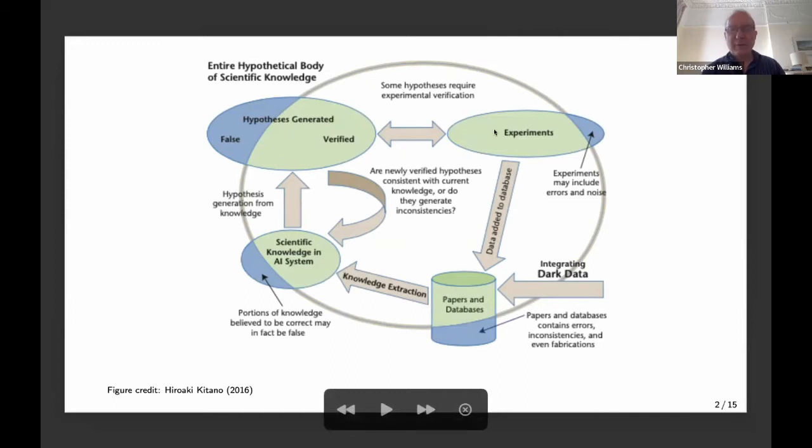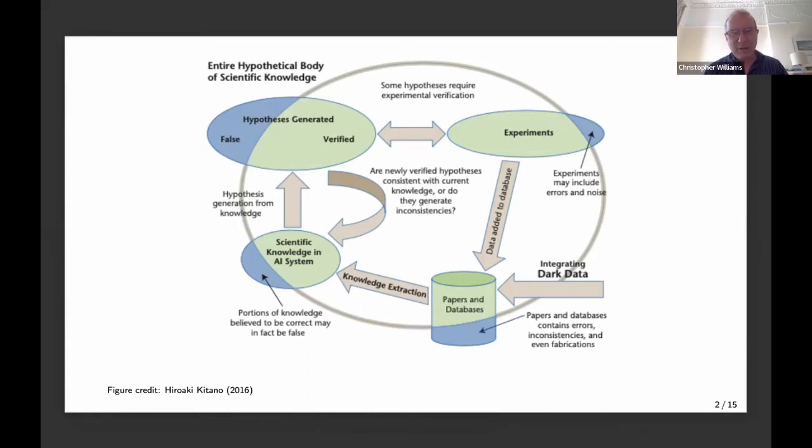Going across to the right, we have experiments. Those produce results that go to papers and databases. And in some sense, we might get that scientific knowledge into an AI system, at least if we wanted to automate scientific discovery. And then there are feedback loops, and various processes going forward and back. One of the other interesting things about this diagram is the blue and green divisions of these ellipses. Basically the blue is false information or erroneous experiments and things like this. So of course it's important to bear in mind that there can be mistakes in the scientific literature,